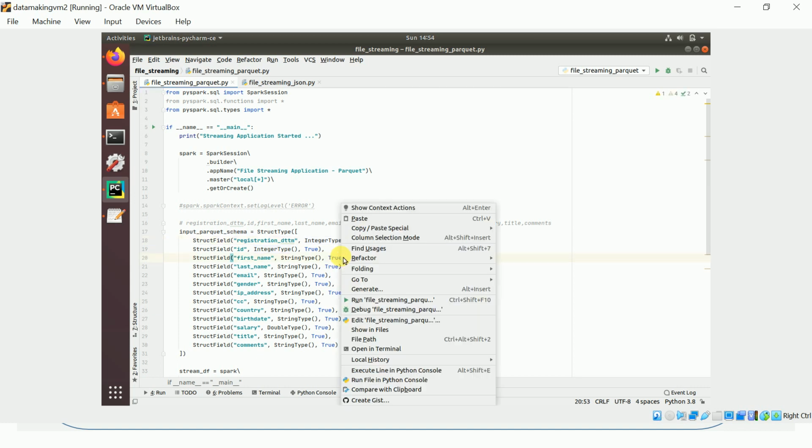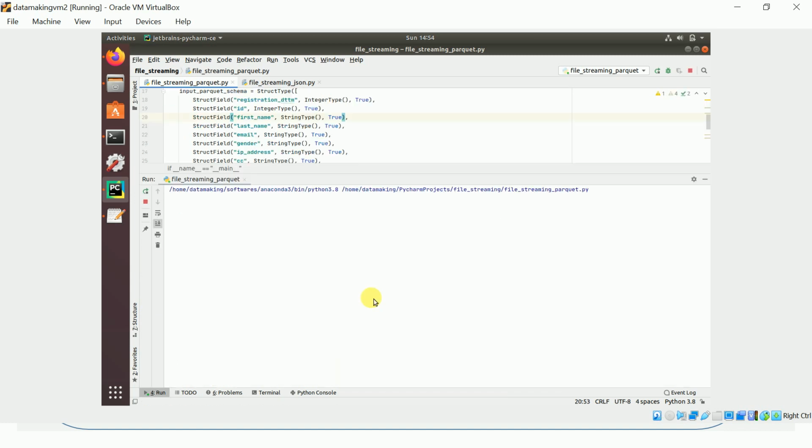Basically this is the registration column it is throwing on. I'll change the type.